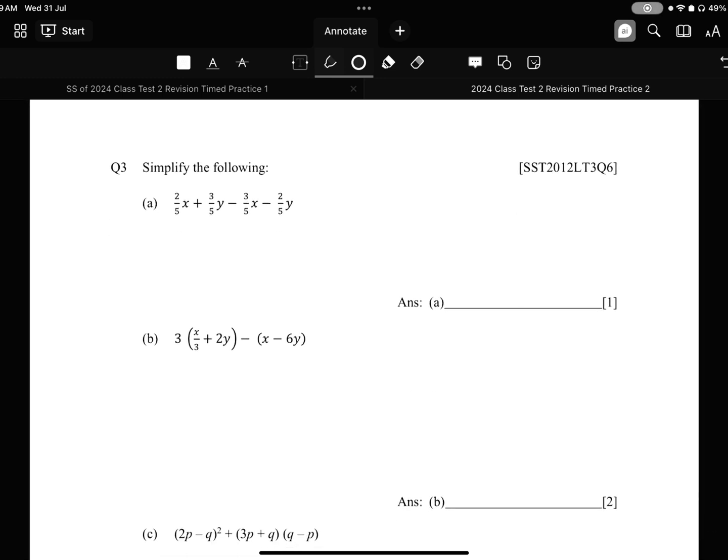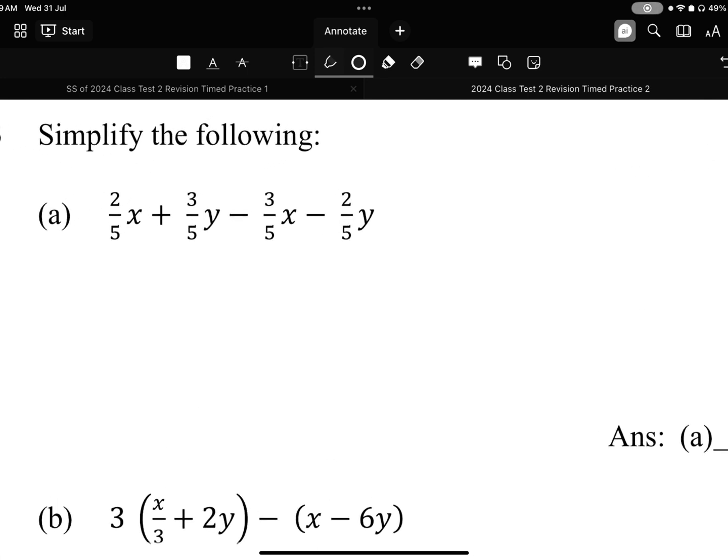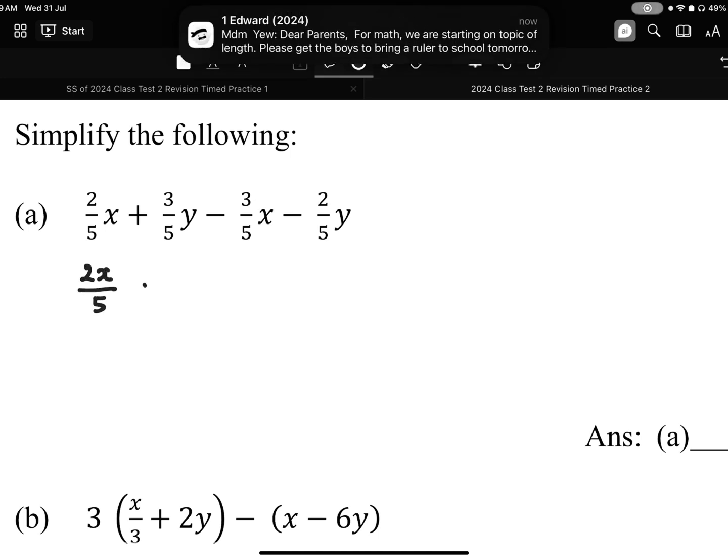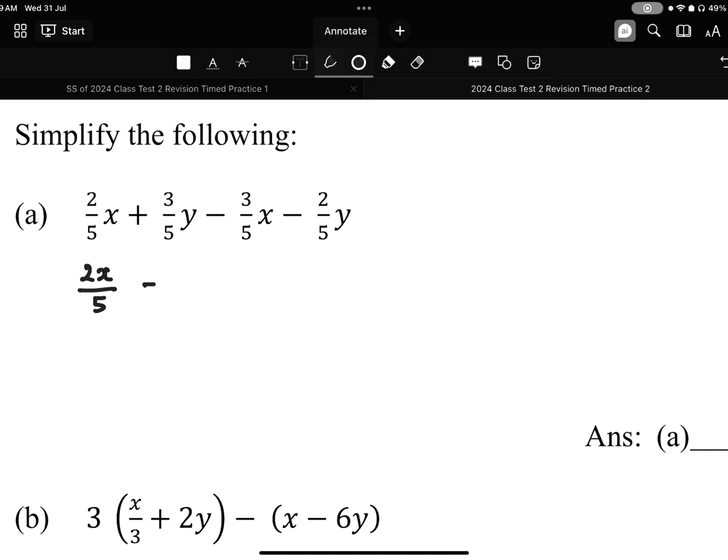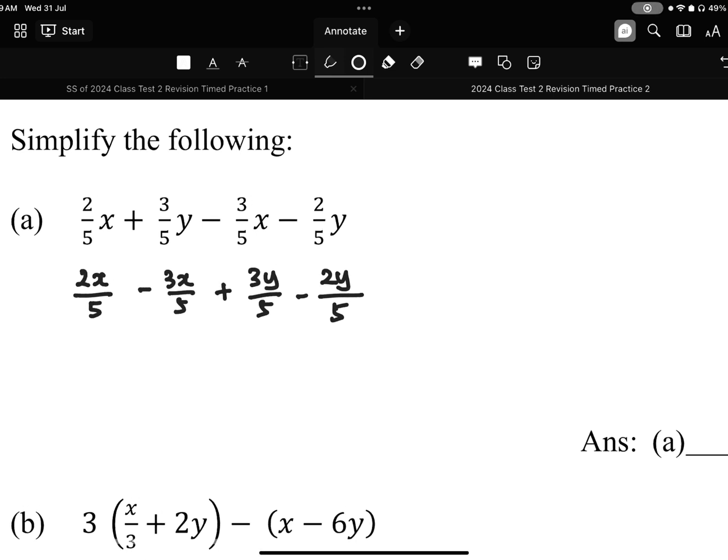Algebra, simplify the following. So the first thing we note is that the denominators are all the same, right? So that will make these things not so confusing. Okay, so what we can do is just rearrange them so that the like terms are together, easier to manage. So we have 2x over 5, subtract 3x over 5 first, right? All the x are together, plus 3y over 5 minus 2y over 5. Okay, putting them together, we will have a negative x over 5